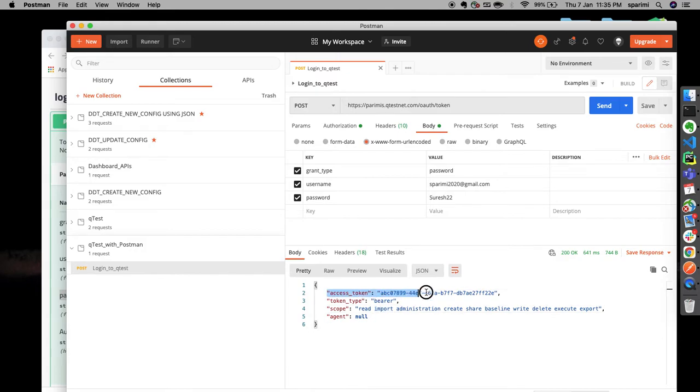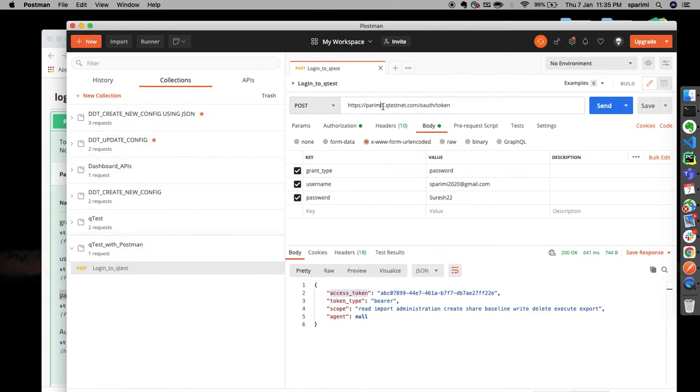So in order to perform any action in qTest Manager, we are going to make use of this access token, right? And do remember that token type is bearer. Sometimes when you are coding it in your favorite languages, you might need to mention this bearer type. And the scope of this access token allows you to do with your user ID all these actions, right? So agent is null. That's of no interest for us as of now. So right now we are able to log in successfully into qTest using the login post method,